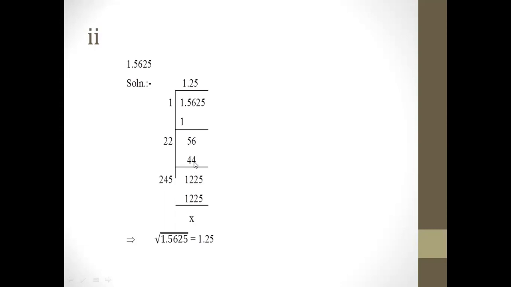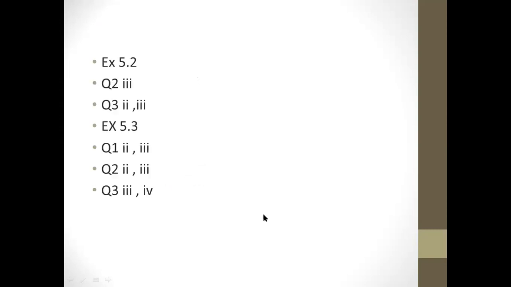So from 6 minus 4, we get 2, and from 5 minus 4 we get 1, and this next pair 25 will come down. Now this 2 will come as it is, the second 2, and this one 2 will add, it will be 4. 2 plus 2 is 4. And now again 24, with 24 you get 1, when multiplied with 1, 241, which is less. Then with 2, then with 3, you will check that 245 multiply with 5, you will get this. So this is the square root of the second part.